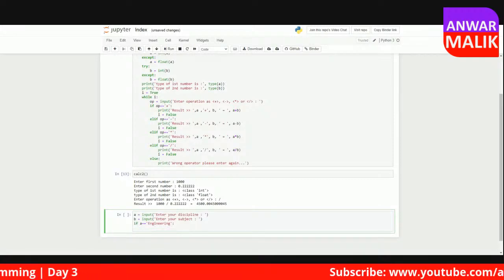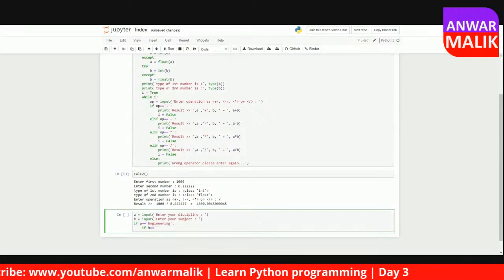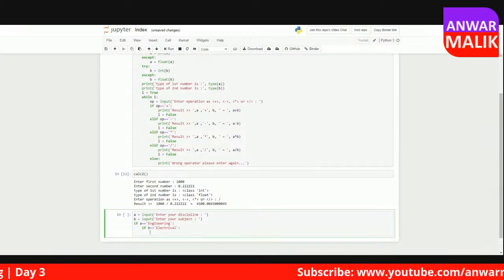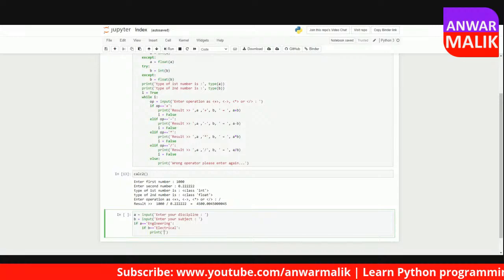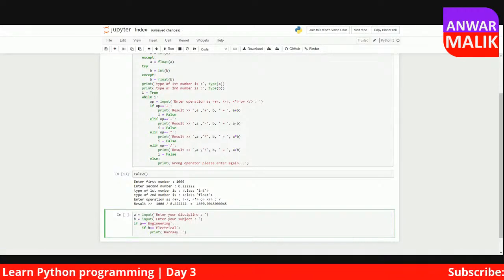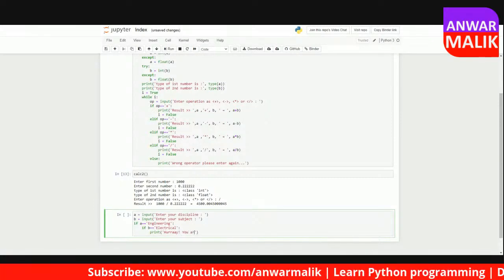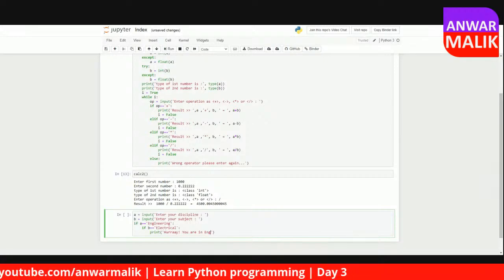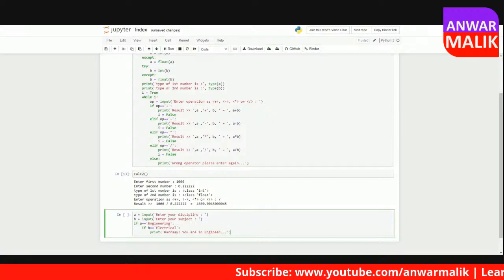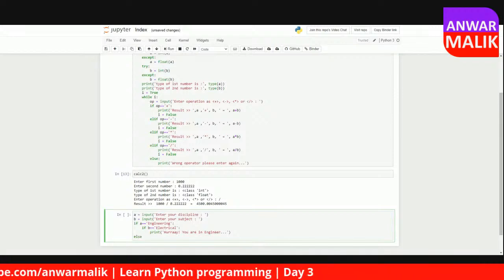And the second condition that I want to check is if my subject entered, so let me say, is electrical, print, let's say hooray. And what happens if you don't? It's just that, let's say,